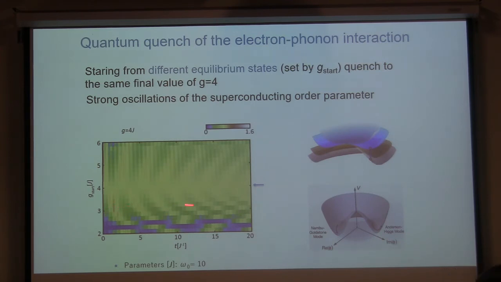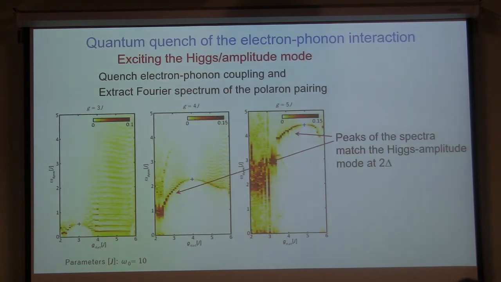has some kind of oscillation in time, right? You can clearly see some kind of time-dependent pattern. And when we analyze this time-dependent pattern by just taking a Fourier transform, what you see here, okay, let's just look at this blow-up. So this is basically the same plot, but instead of time, we show frequency. We see that it has very prominent Fourier component. And in fact, for very small quenches, the frequency matches this quasi-particle continuum to delta.